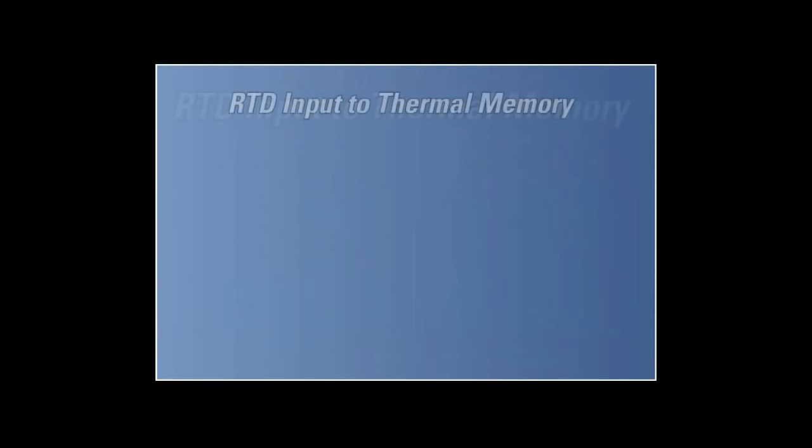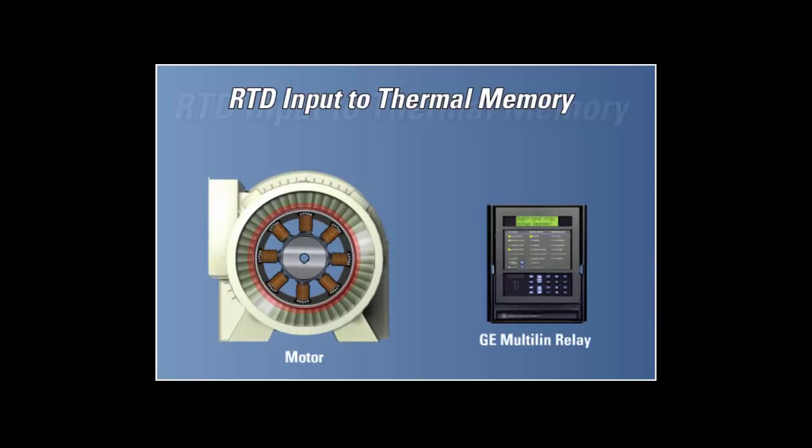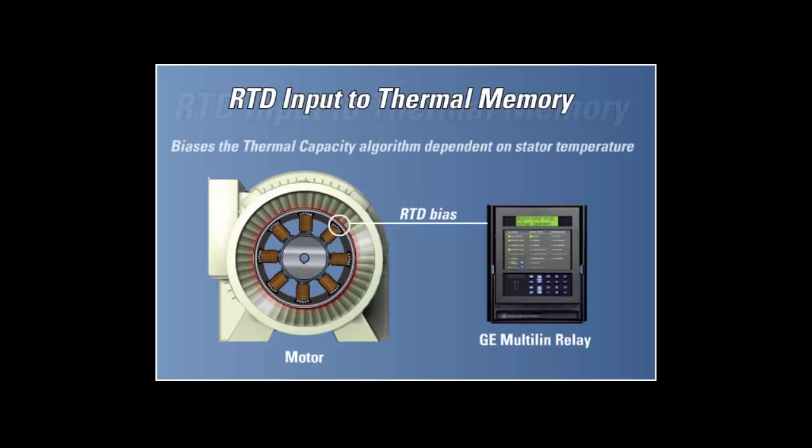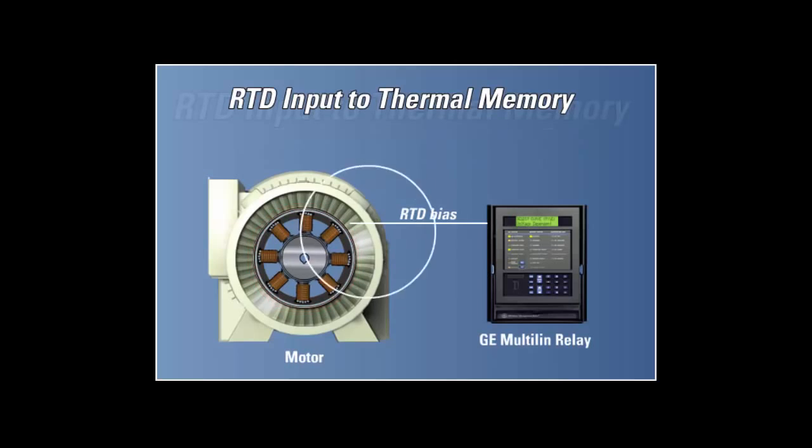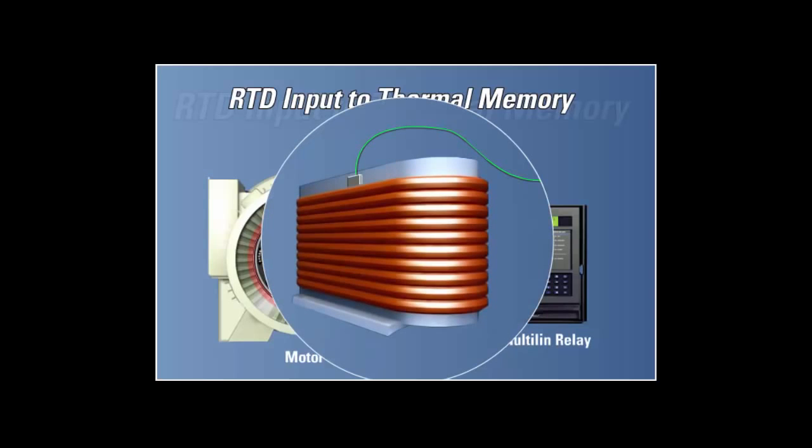RTD input to thermal memory. GE Multilin relays also have an RTD bias input to thermal memory function, which also biases the thermal capacity algorithm depending on the stator temperature. When this function is enabled, a second value of thermal capacity used is calculated from the measured stator temperature. This value is used to correct the thermal model, modifying the value of thermal capacity used due to measured, or